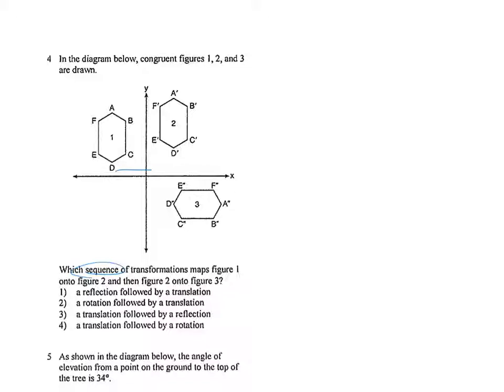1 onto 2, I see that D is moving over and up. C is moving over and up. B is moving over and up. And every single time I'm drawing those arrows in, it's the same distance and direction every single time. So when we move or slide, that's a translation. So I'm going to get rid of choices 1 and 2 because I have a translation followed